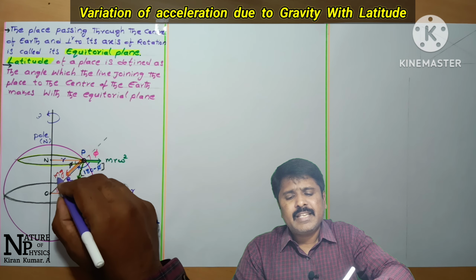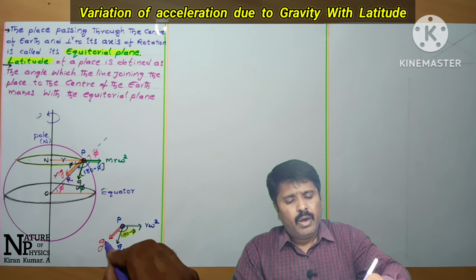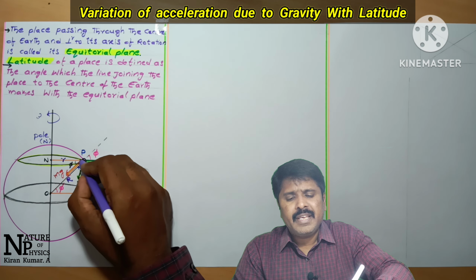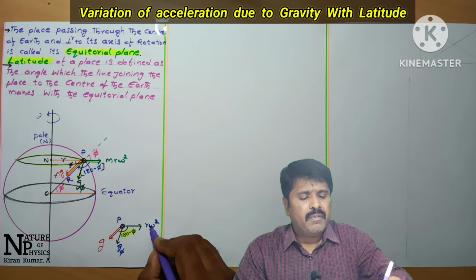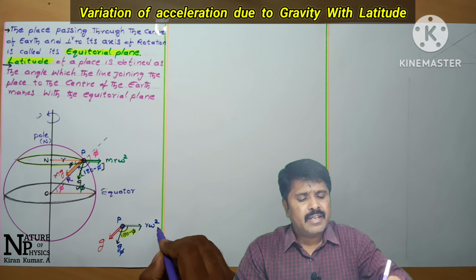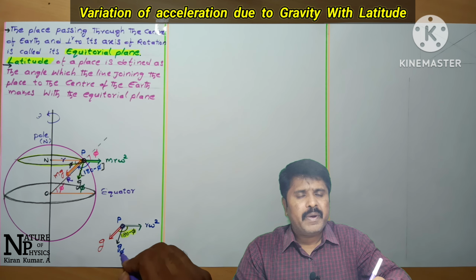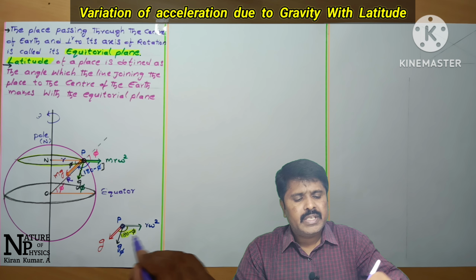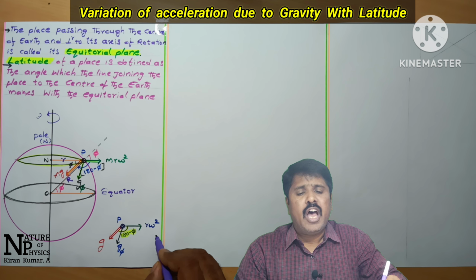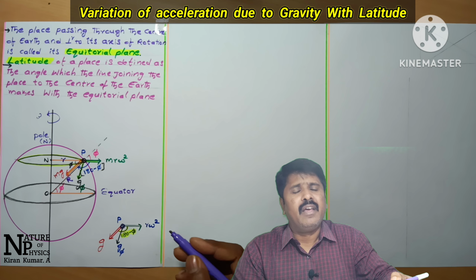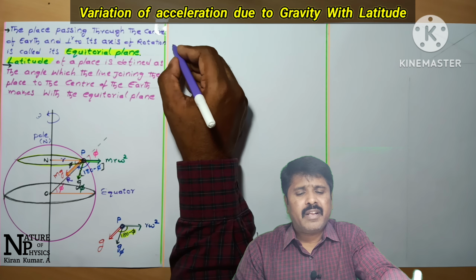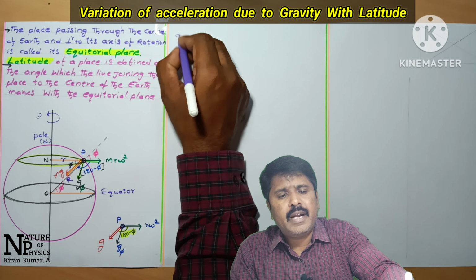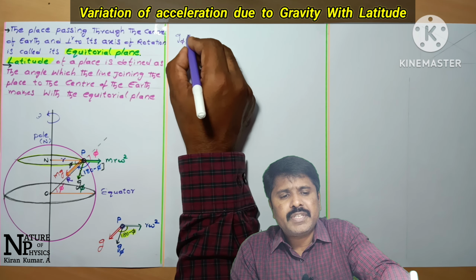Mass I am not considering, okay. Only the acceleration due to gravity g is acting toward the center, and r omega square is considered, and g phi is acting between g and r omega square. I am going to find this relation by the parallelogram law of vectors. See students, by the parallelogram law of vectors, the resultant vector is g phi, so that g phi is equal to